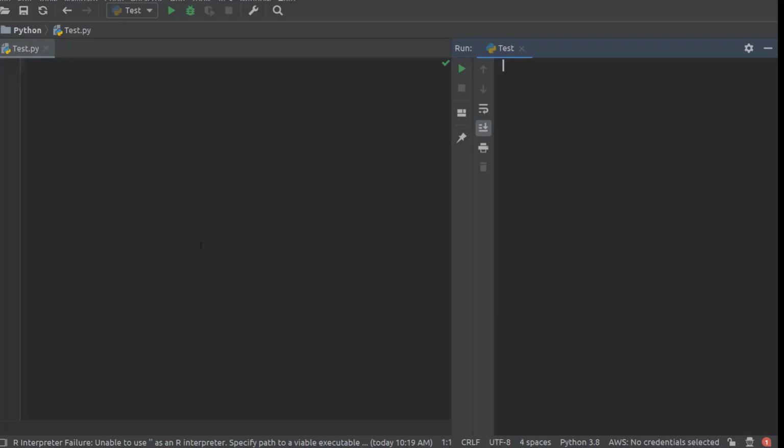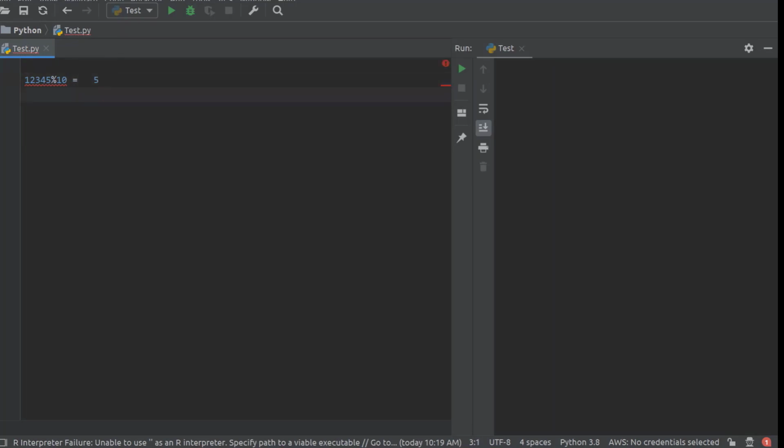Suppose you are entering a number like 1, 2, 3, 4, 5, your output should be 15. Okay, so for this code, we need to separate these digits, like 5, 4, 3, 2, 1, and we want to find the sum of these digits. Already in one program, if you remember, we have seen a program to find Armstrong number. In that program, we saw how we can separate digits. See here, once again, if this is your number, then divide this number by 10, you will get one digit, that is 5, as a remainder.